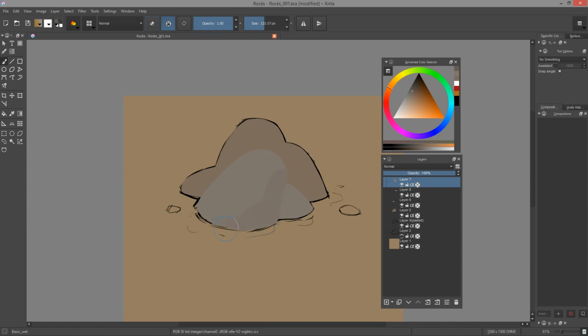It's now time to have fun. At last, we can start shading our rock. For that, I am a big fan of the Color Smudge brush engine. This one allows you to both shade your assets and to mix existing colors at the same time. It is very good for edge control as it allows you to nudge light and shadow shapes around. It breathes a lovely, painterly quality into your artwork.